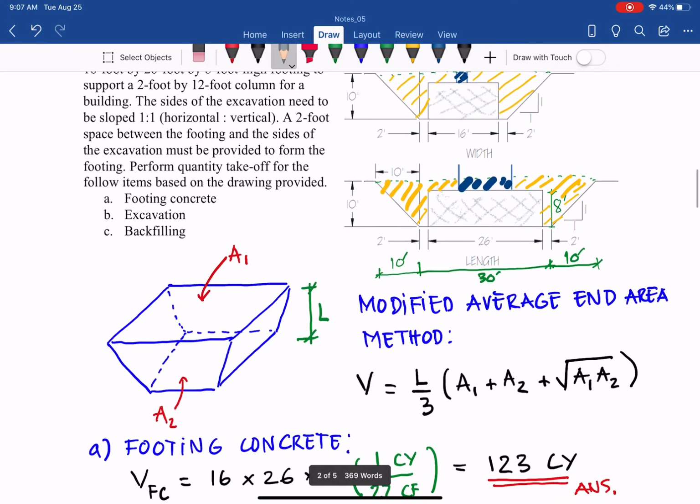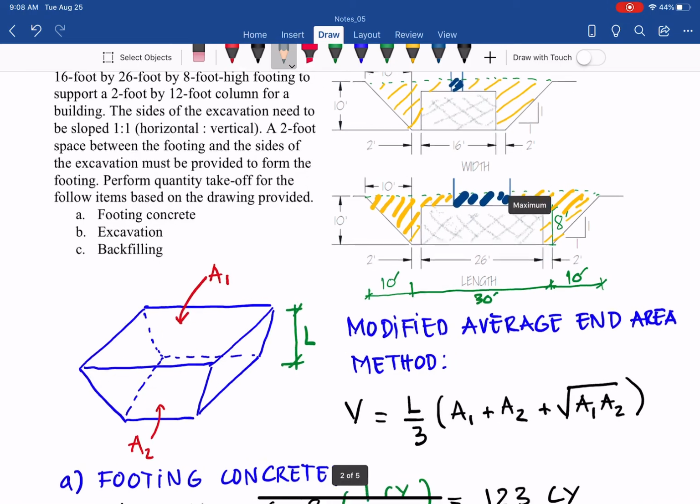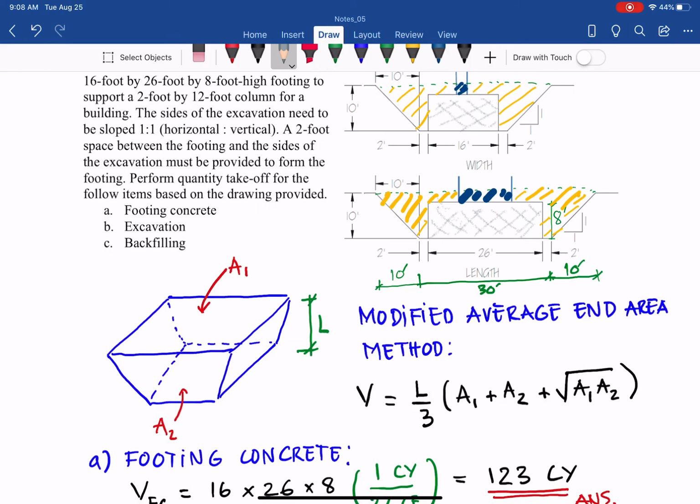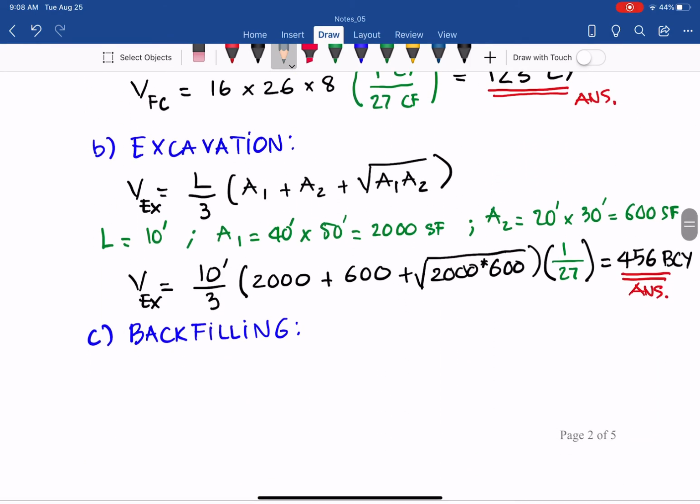Make sense? So we already know the excavation, we already know the volume of footing. What we need to know is only the dark blue, which is the column that occupies that backfilling. So with that we can find the volume of concrete column